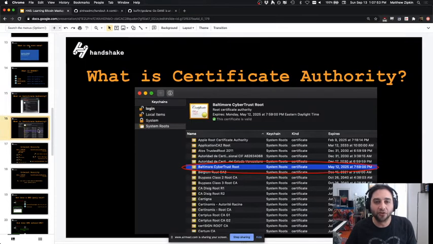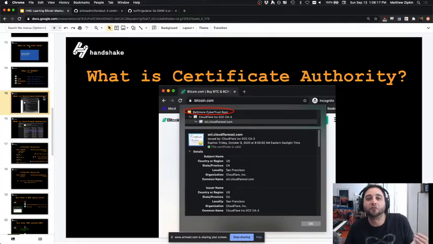But if you go into your system settings and look at your certificates, this kind of list here, you'll see it in there along with hundreds of others. And these are all public keys that your operating system just trusts. When you bought a new computer, these keys were on there. So again, we're cryptocurrency users. We have an operating system that just trusts keys that belong to Baltimore Cyber Trust. Okay, and then because Baltimore Cyber Trust trusts Cloudflare and Cloudflare trusts Bitcoin.com, however they arrange that, when you go